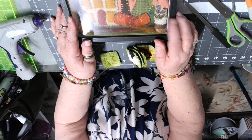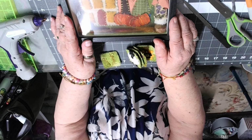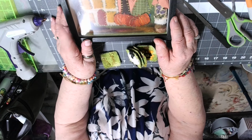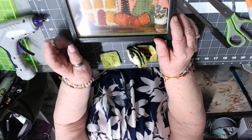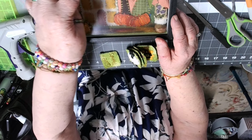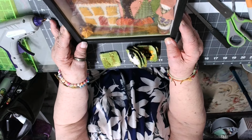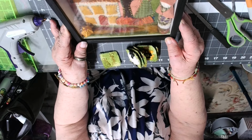I had done a shadow box with unicorns some time ago. I gave it away to, who did I give that one to? I sent that one to Texas. But I even had little things hanging from the top. And it was cute, I thought. But anyhow,